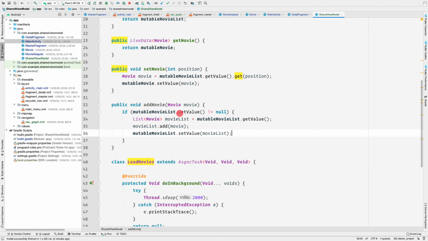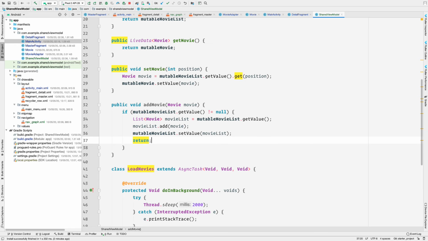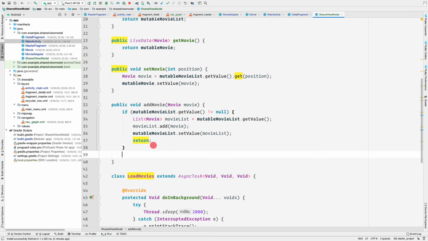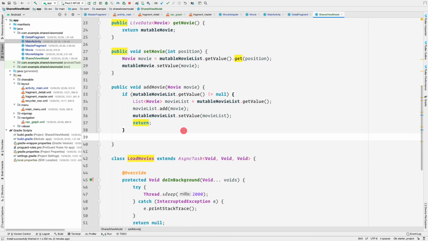So this was the case if the mutableMovieList dot getValue was not null, and then we simply want to return from here. Or else, if that was not the case, then this getValue would have returned null here.